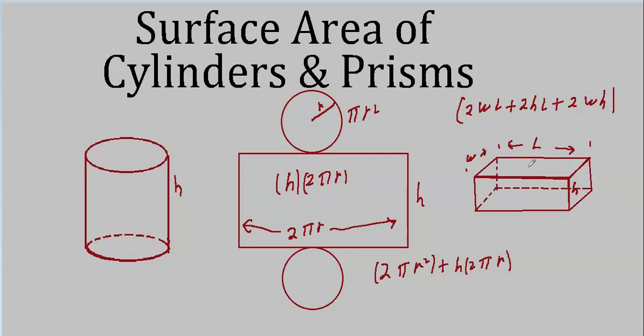You just add up the area of every face that makes up the polygon, or in the case of, pardon me, the polyhedra, in which case you're going to add up the area of all the polygons, or a non-polyhedra. You still just add up the areas of the surfaces. In this case, it unfolds into a rectangle plus 2 circles.